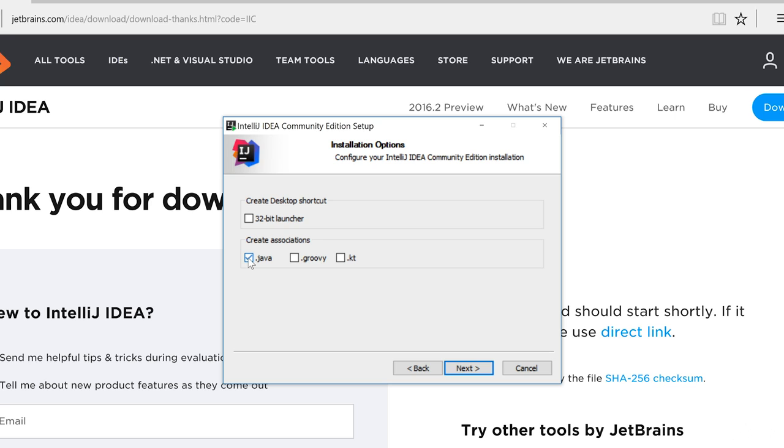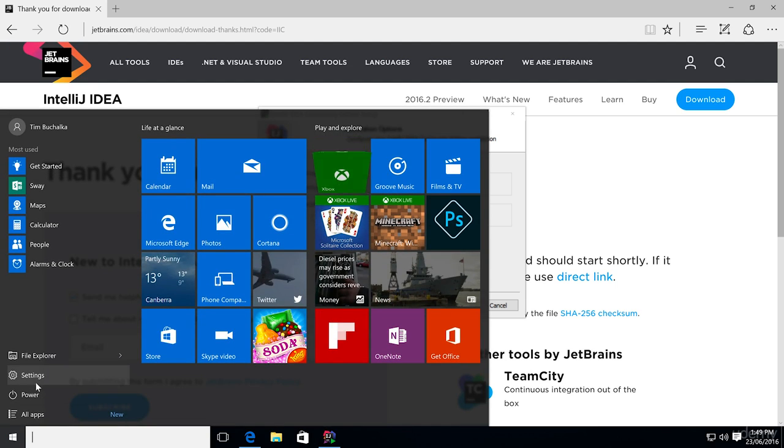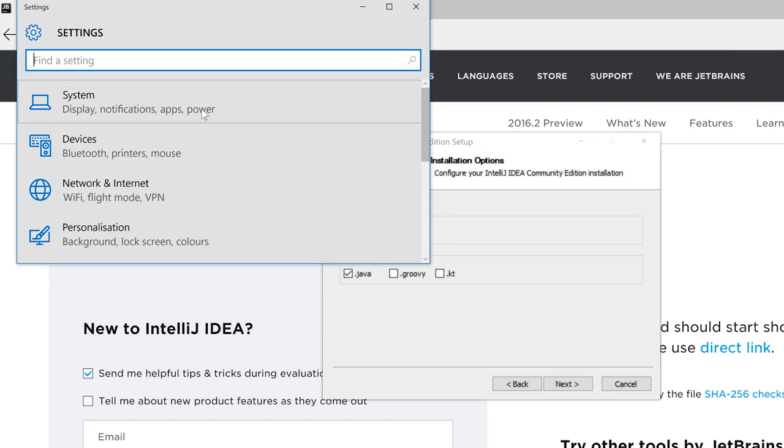Now, if you've got a 32-bit version of Windows, you want to click on the 32-bit launcher. And that's a new feature that has come out recently with IntelliJ IDEA. Now, if you're not sure whether your computer is a 32 or a 64-bit, just go into the control panel. So in my case, I'm on Windows 10. I'm going to click on the Windows icon, and I'm going to click on Settings. Now, depending on your version of Windows, it might be called Control Panel. In any event, you just want to get into Control Panel or Settings,